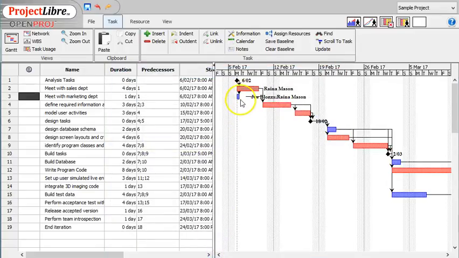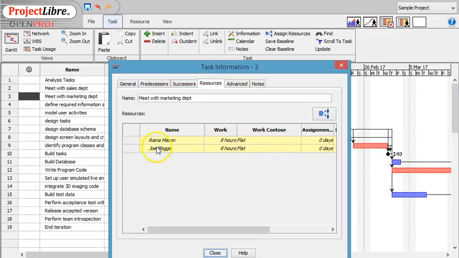Okay, now notice how it's shrunk the time that will be taken, because it's recognizing that there's two people there and it will actually take them less time. Now that's not going to help us much because this particular task isn't on the critical path. What would be better is if we